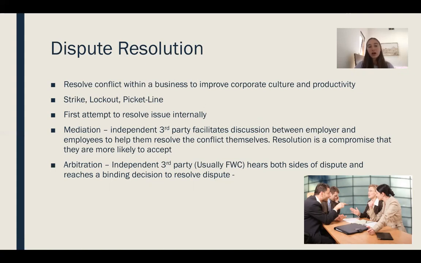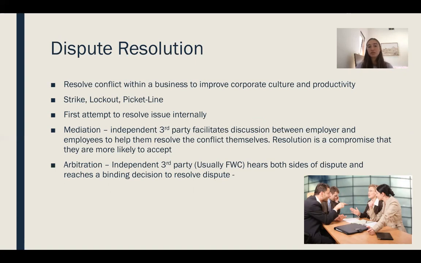The next thing is to talk about how to resolve those kinds of disputes that are sort of inevitable in businesses at some point, whether that be employees unhappy with wages or managers unable to agree on what wages and conditions of work under an agreement. The first step is to try to resolve the issue internally with the HR manager's support, without having the public eye and the media involved, affecting the business's reputation in any way.